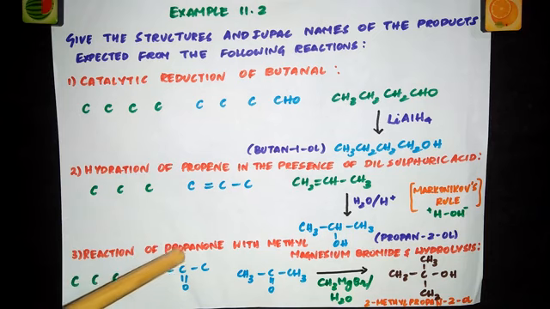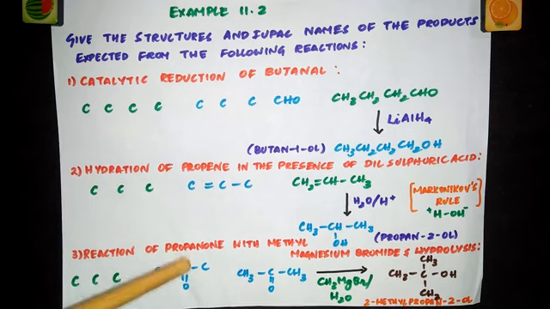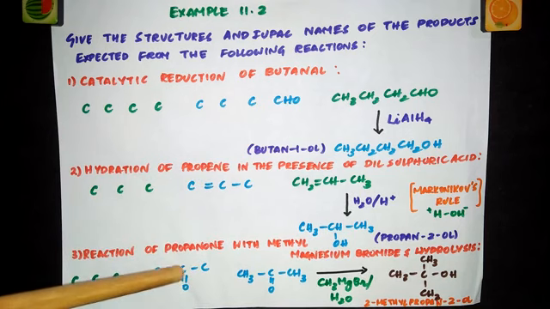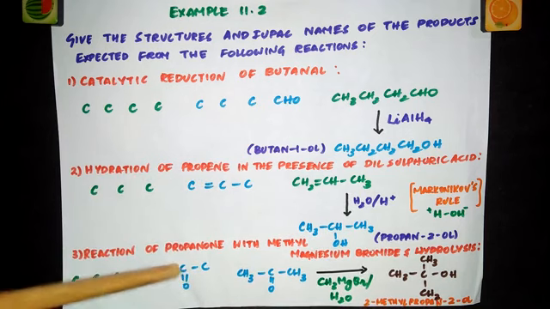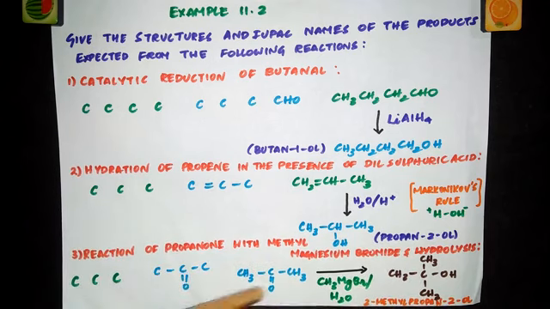And remember, C double bond O will not come at the end of the chain like aldehyde. It will come in the middle. So on any carbon you can put, but there is only one middle carbon. So here C double bond O. So here CH3, here CH3. This is nothing but propanone, which is also called acetone.